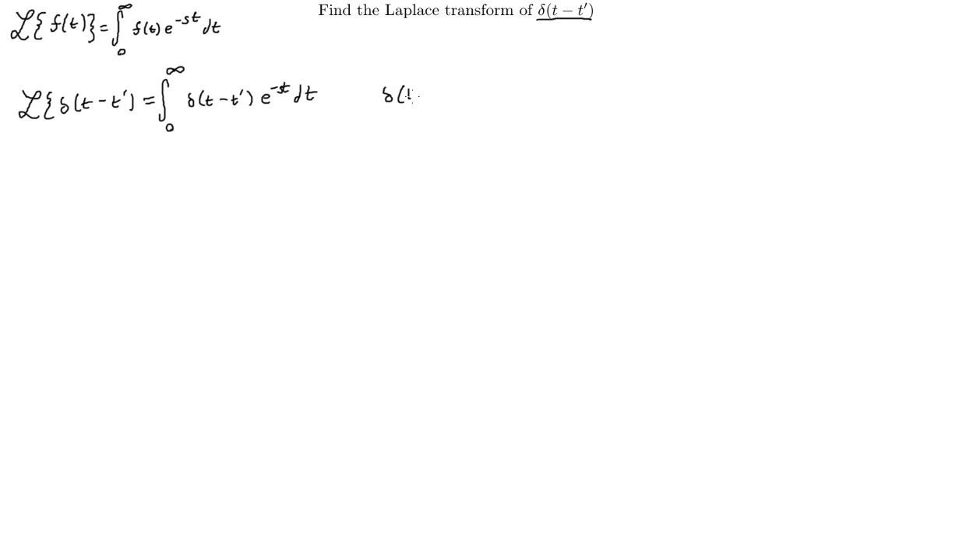is that delta of t minus t prime is equal to 0 when t is not equal to t prime and is equal to infinity when t is equal to t prime. And additionally, we have that this integral is equal to 1 provided that